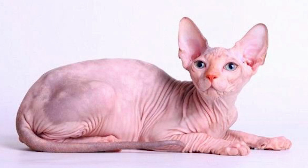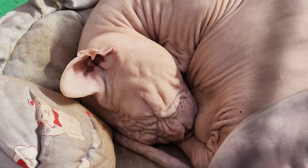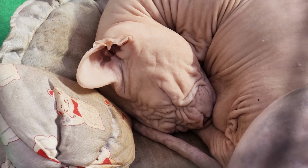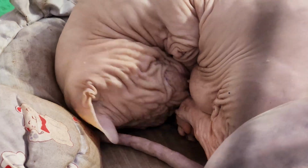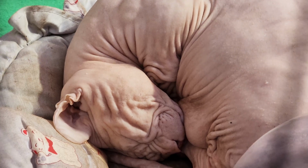The Sphynx cat is a breed of cat known for its hairless appearance. They are affectionate and social animals that make great companions. Due to their lack of fur, they require regular bathing and grooming to maintain healthy skin. They come in a variety of colors and patterns and are recognized by major cat registries such as the CFA